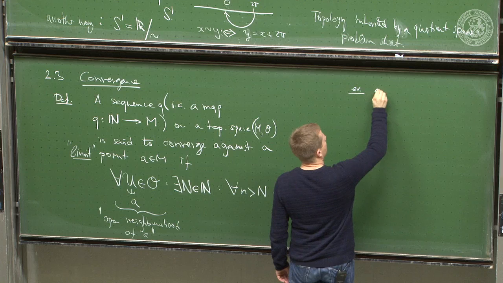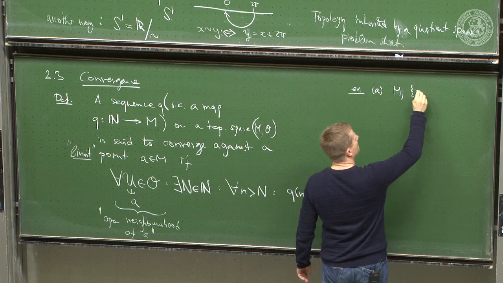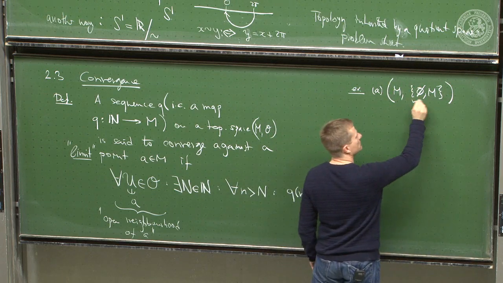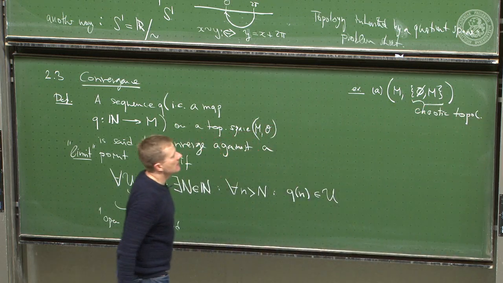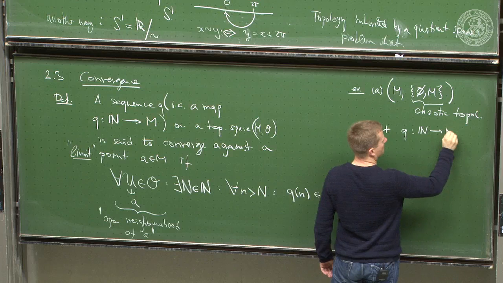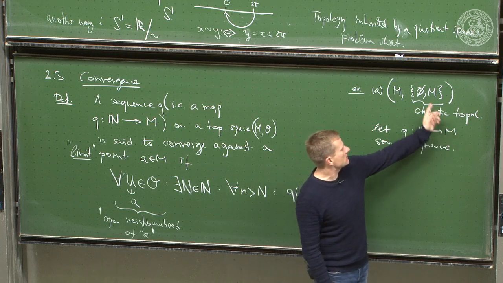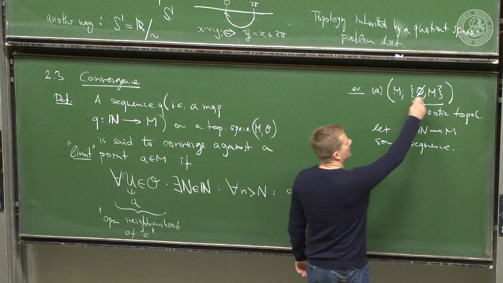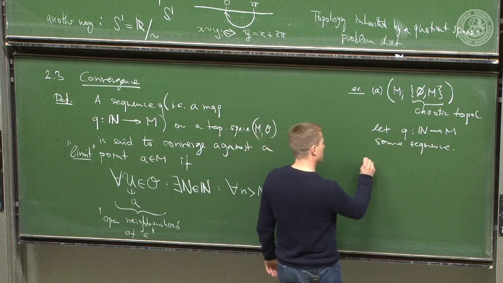Example. Let's choose a set M and equip it with the chaotic topology. You remember? That was the chaotic topology. So far, only a name. Now, consider any sequence. Let Q from N to M be some sequence. So you see, being a sequence has nothing to do with the topology. It's just a matter of being this map into the set. But now if you have a topology, you can decide whether the sequence converges against some point. And my claim is